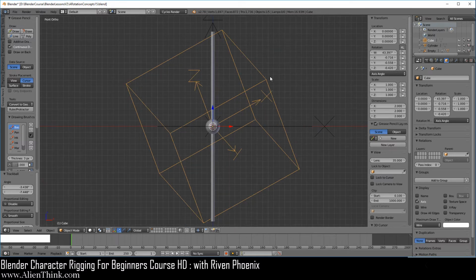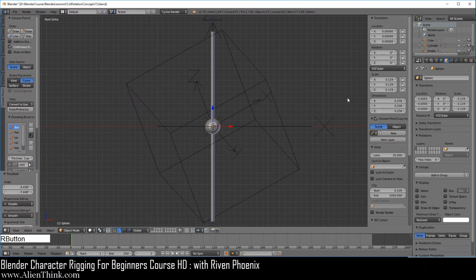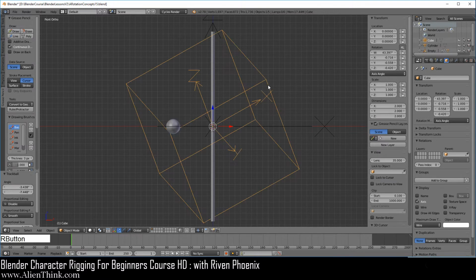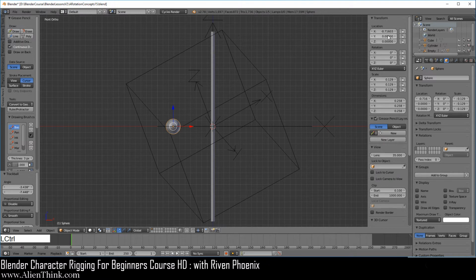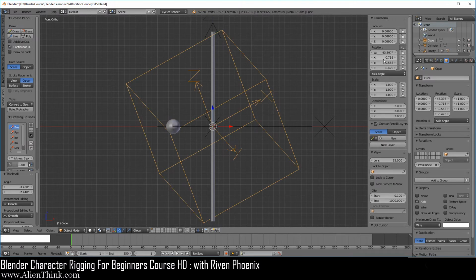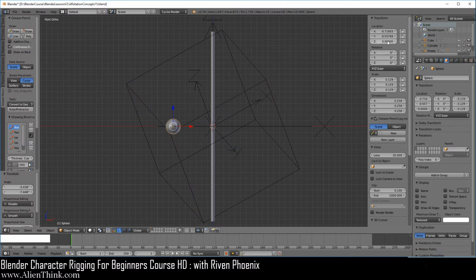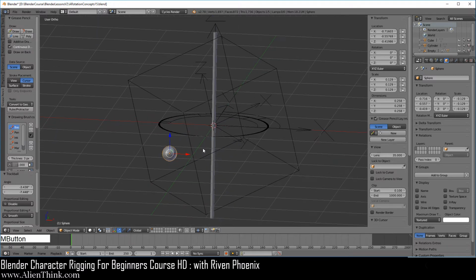So now what we're going to do is understand what exactly is happening to the pole. It's very easy. All we have to do is first take the X location value, hover our mouse over it, Control C, and go to this ball over here, go to its X location, do Control V. You're going to see that the ball is moving inside a unit sphere. Go ahead and click on the cube, get the Y, Control C, go to the ball, and here do Control V, go to the cube, and over here we're going to get the Z, Control C, go to this ball, and over here we're going to do Control V. Notice where the ball is going.